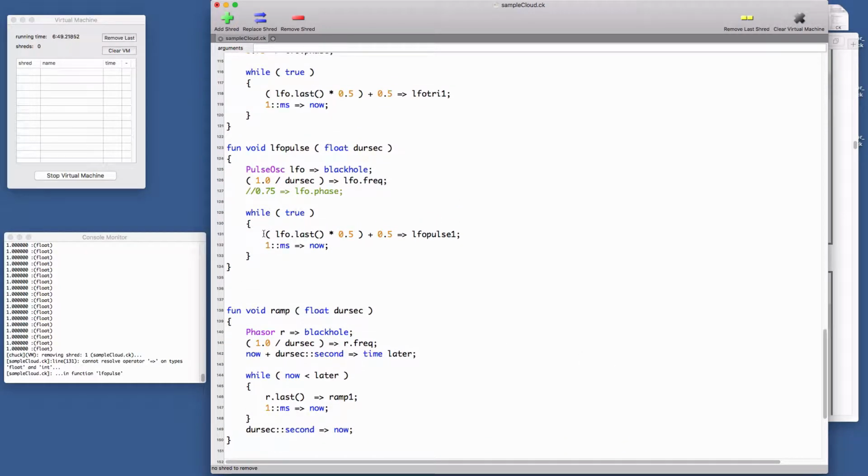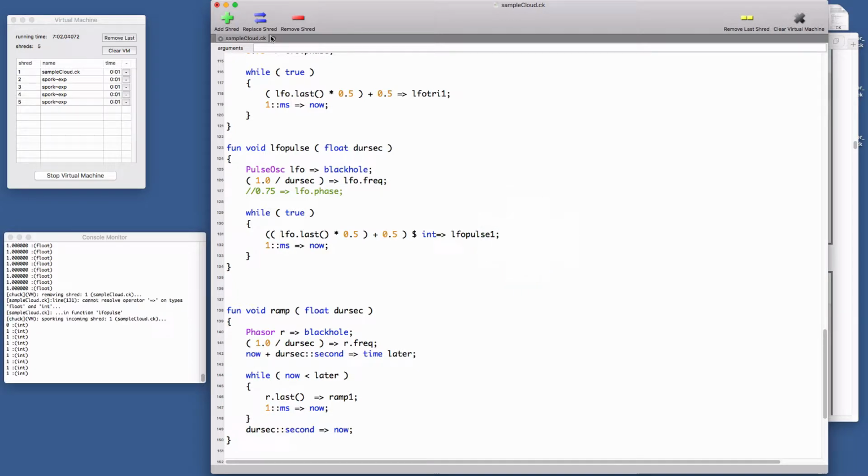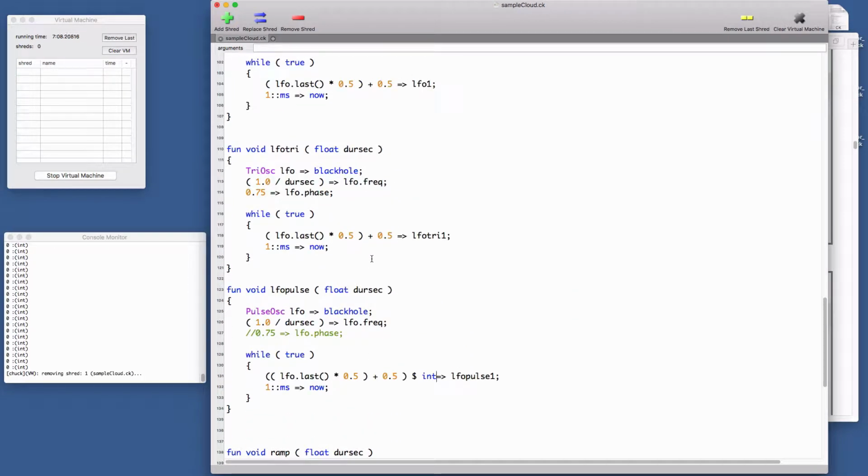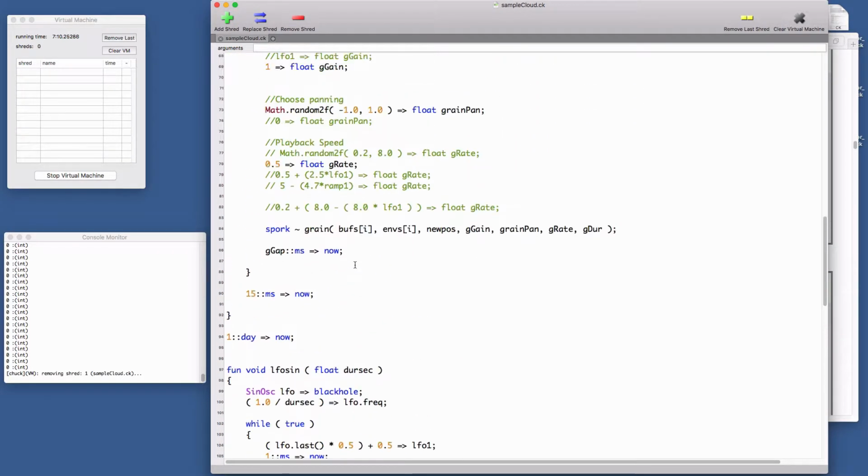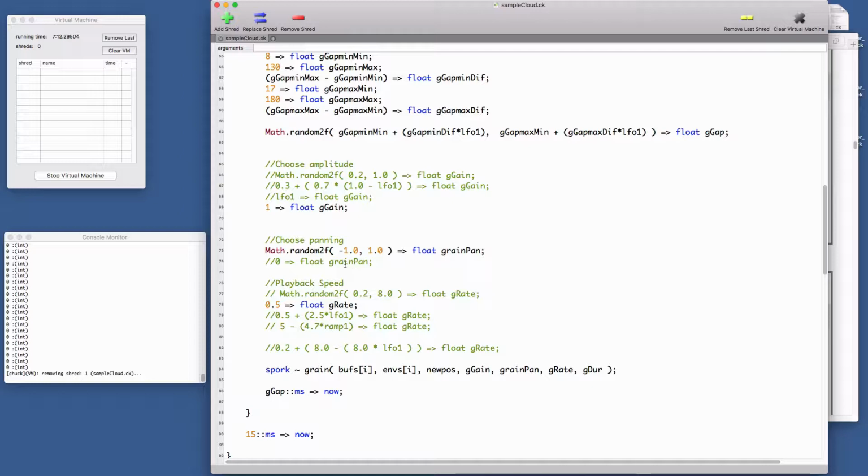We'll have to cast this and then cast that into an int. Okay, and then we'll just use some kind of if statement here so that we can have a different